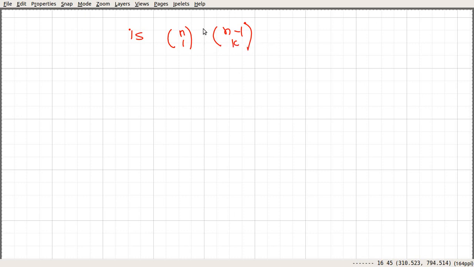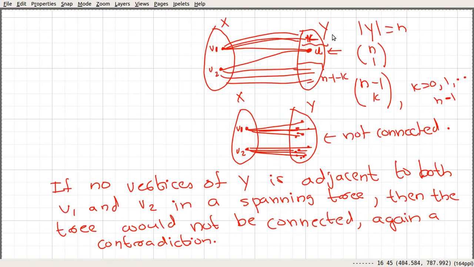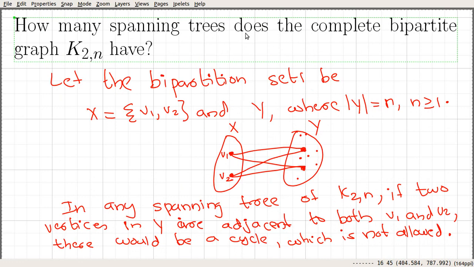All those are disjoint, so we sum them up, with k going from 0 to n minus 1. n choose 1 is nothing but n, and by the binomial theorem this summation is nothing but 2 to the n minus 1. So that's the answer: the number of spanning trees for K2n is n times 2 to the n minus 1.